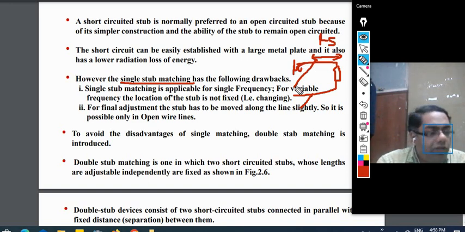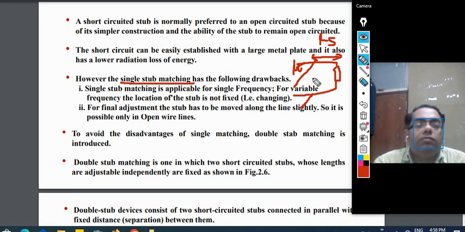So if the frequency changes, or if there is a change in load, then we have to change the position of this stub again, because the value of ls will change. So this is not always desirable, because all the time we have to keep changing the position of the stub. Now another, it is applicable for single frequency,